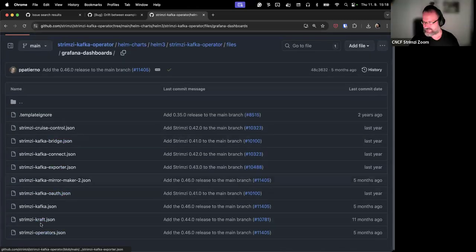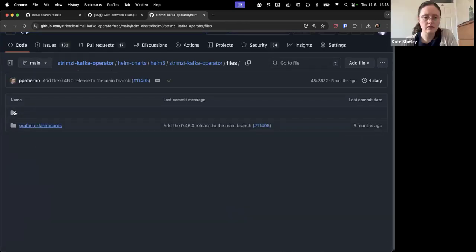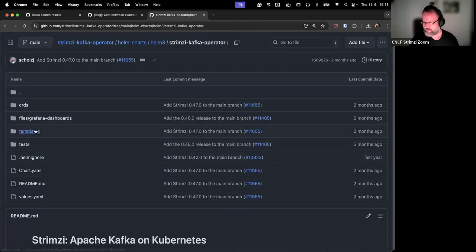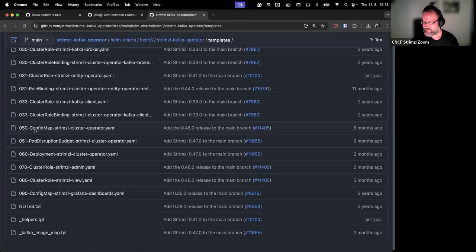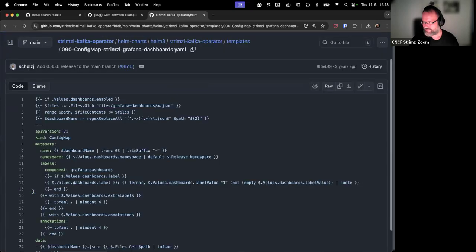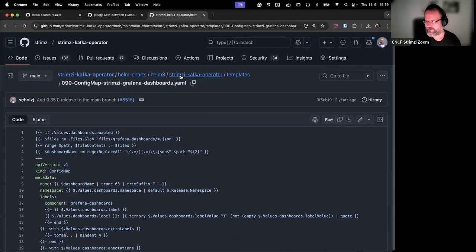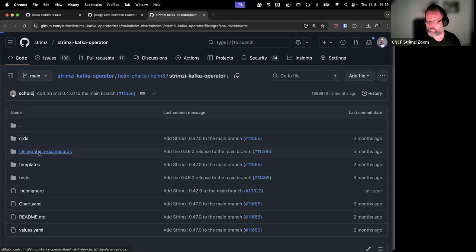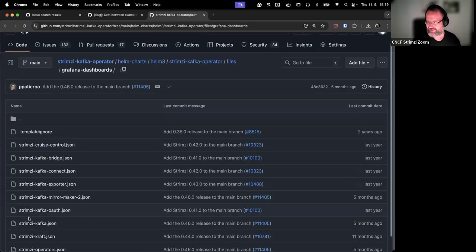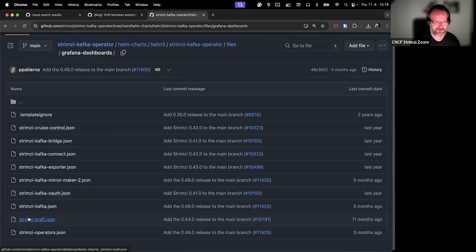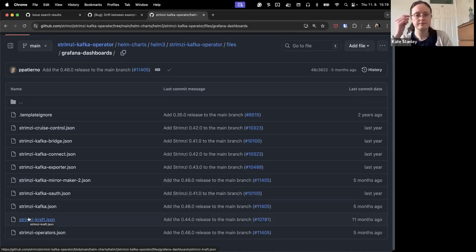So we have here just JSONs, and somewhere, somehow, this generates a config map for each of the JSONs, which includes the JSON inside. In theory, we could have here another set of files with some prefix or suffix to indicate which are for the JMX exporter and which are for the Strimzi metrics reporter.